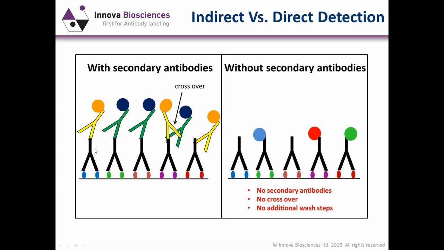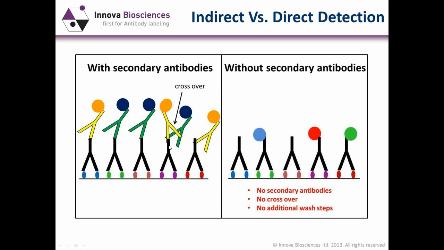Unfortunately, you can't use secondary antibodies to detect the different proteins. It's all just going to show up as the same signal, because you're going to get cross-species reactivity, even though you've engineered the antibodies to have different fluorescent labels. The secondary antibodies are just going to recognize the same